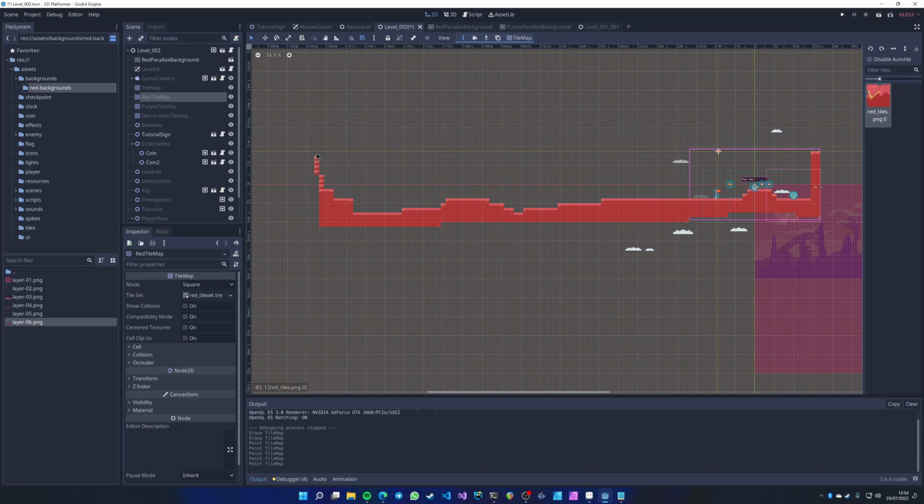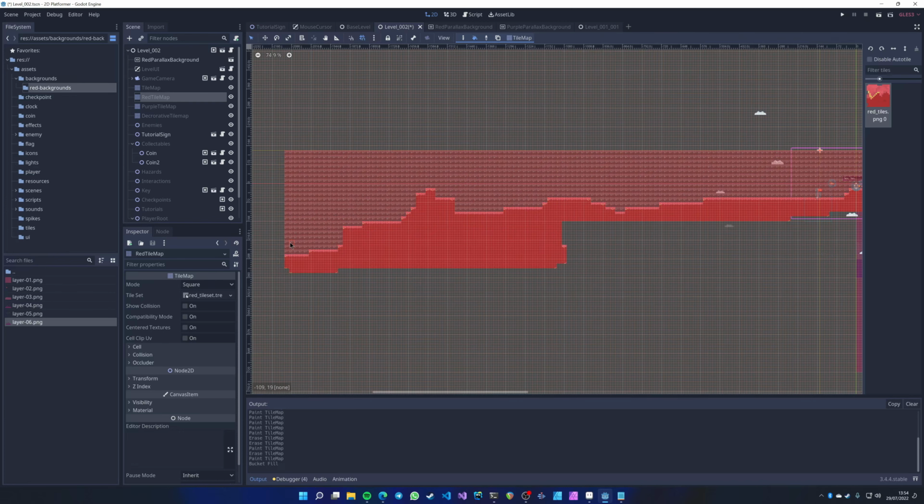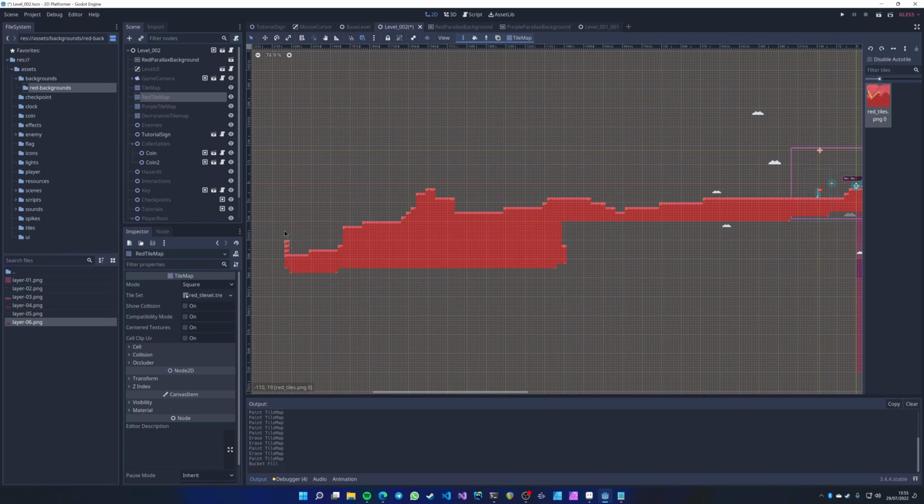All right, enough chit chat. Let's slap some tiles in here. I think that should be okay. Let's maybe just a little bit more. I want to go down quite a bit and see how the parallax handles that. Okay, let's go there, get the bucket tool, just fill it up, and then back to the pen tool, just make sure I can't descend into the darkness or into the void,